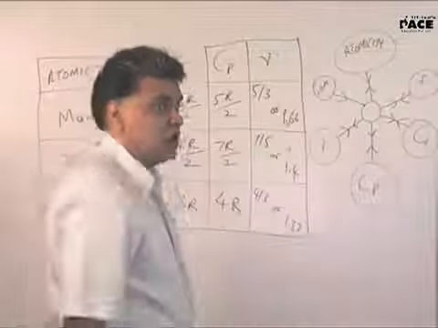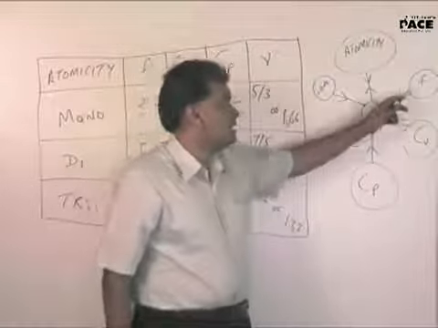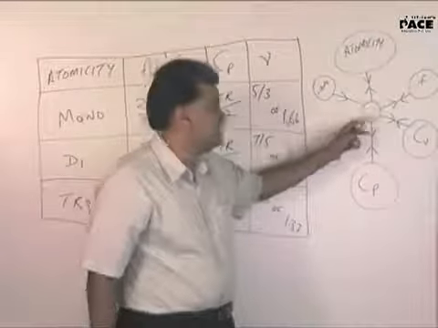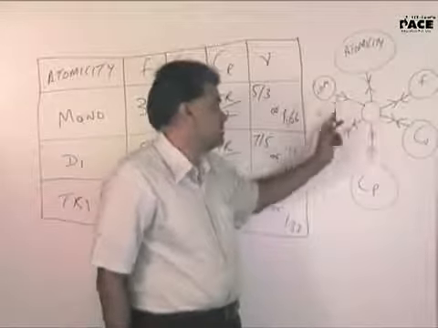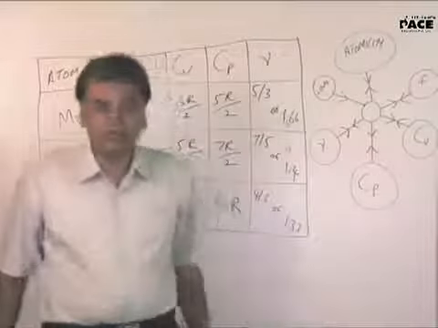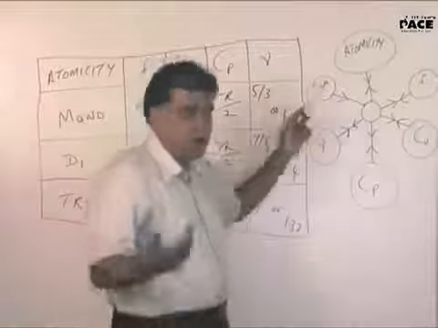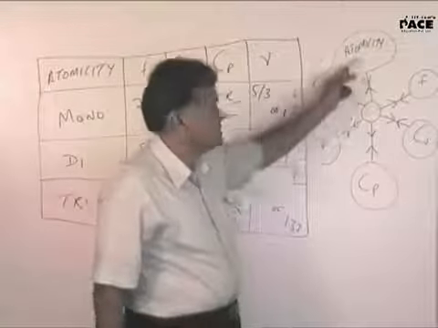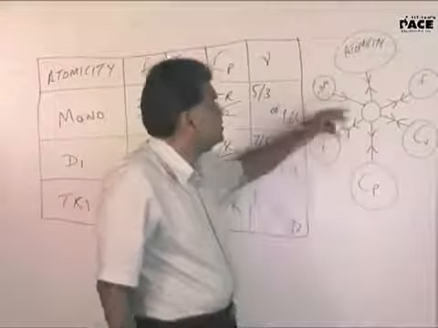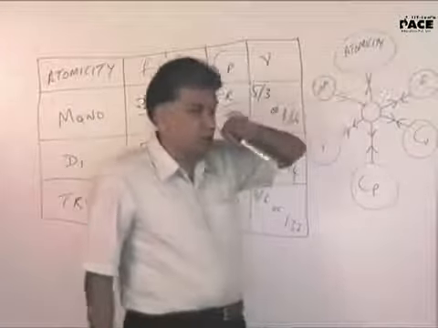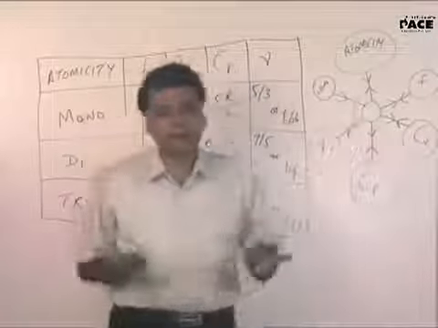For instance, if you tell me the atomicity of the gas is 2, then immediately I know that degree of freedom is 5, 5R by 2, 7R by 2, 7 by 5. But you can't predict the name from this. So there's a one-way traffic here. Atomicity 2 means name is not known, but if name is known, other things are known. So if you know the name, carbon dioxide, so this is atomicity. Of course, carbon dioxide is a special case, so I dropped that. Let us say sulfur dioxide or something. So 3, the degree of freedom would be 6, 3R, 4R, 4 by 3, like that.